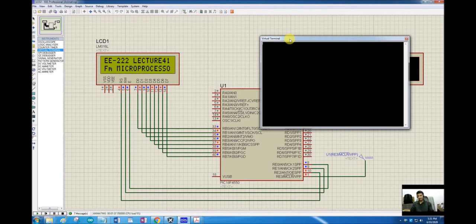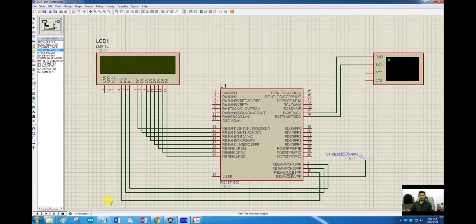So this is it. I think you can receive or transmit data using the built-in serial peripheral of the microcontroller, and you can select different baud rates to send or receive the data, and you can display any information or any messages or characters on this LCD.